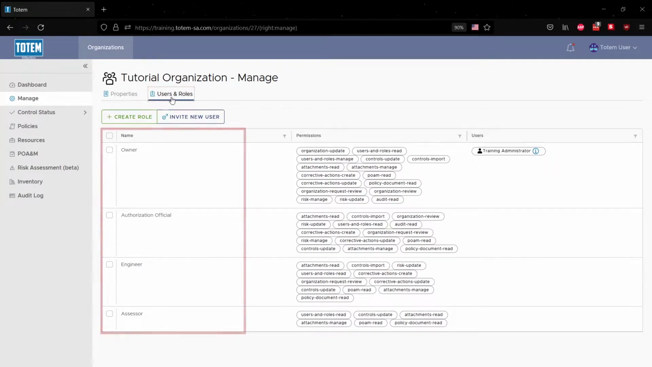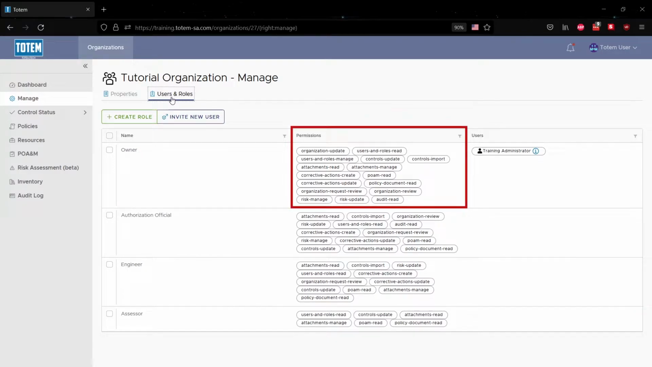Notice that there are 4 different user roles that come preloaded into Totem. First up is the Owner role. This user will have all permissions available to them, including adding and removing other users or updating the organization details. This role is best suited for those that will be managing and regularly updating the tool, such as your IT